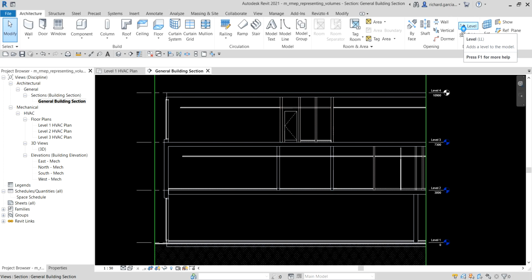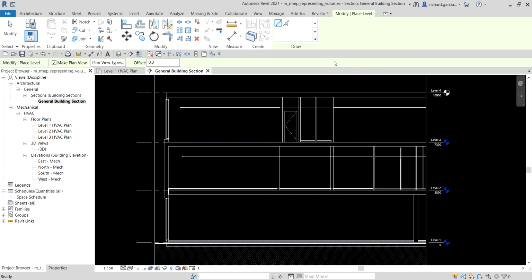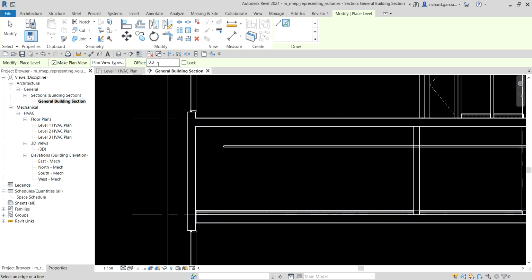So I click the level, and then after that, maybe using the pick lines, I'm going to pick this. I'm going to specify an offset distance here of 1000. Okay, so I need to consider this plenum there, so I'll be able to place the space correctly.